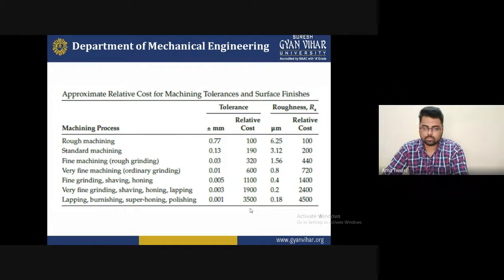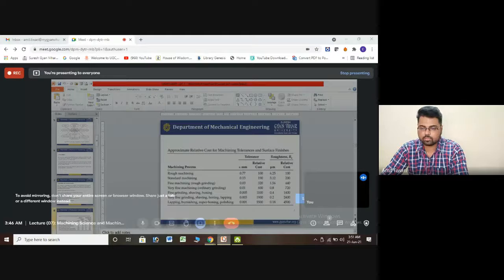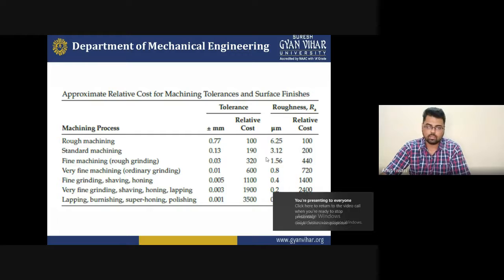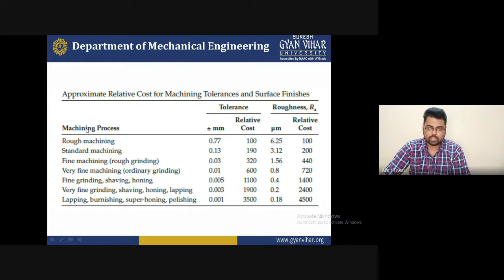So in this diagram, I am just showing you, to understand the better finishing phenomena for that particular operation, you might be aware that demand increases the related cost for machining tolerance and surface finishing. These are the machining processes, the tolerance of plus minus in mm, the relative cost of the particular process, and the surface roughness respectively. So this table shows the appropriate relative cost for machining tolerance and the